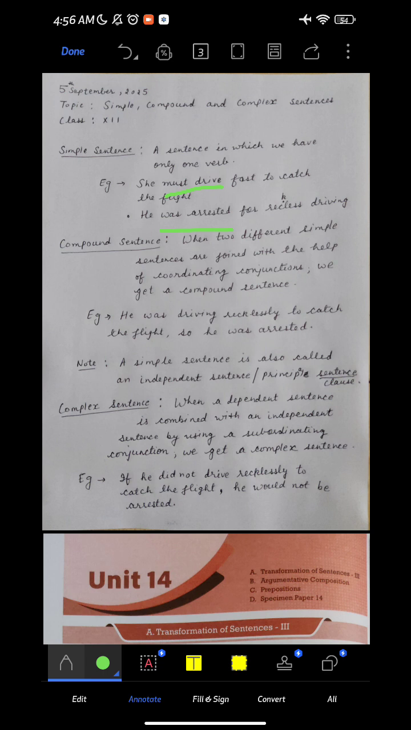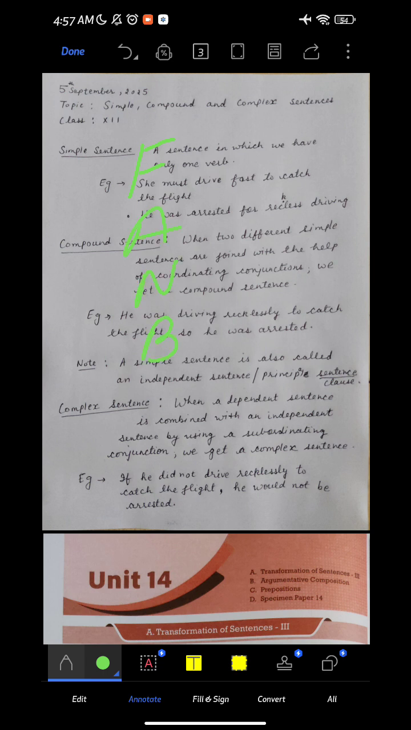Then further we have the compound sentence. In a compound sentence, when two different simple sentences are joined with the help of coordinating conjunctions, we get a compound sentence. If we talk about the basic coordinating conjunctions, you might have done this in your junior classes, that we had